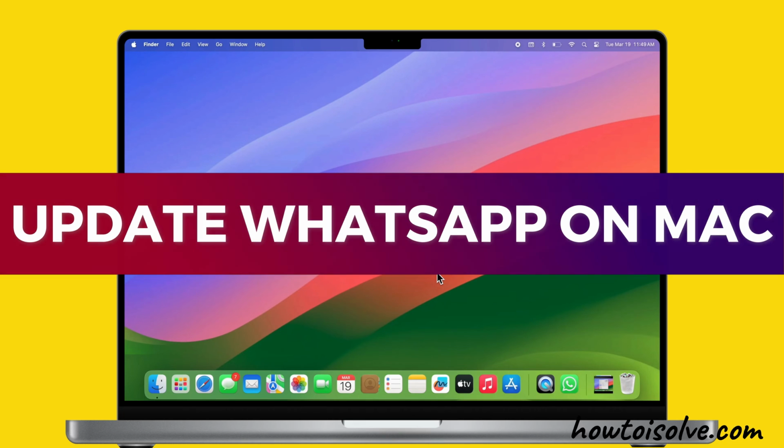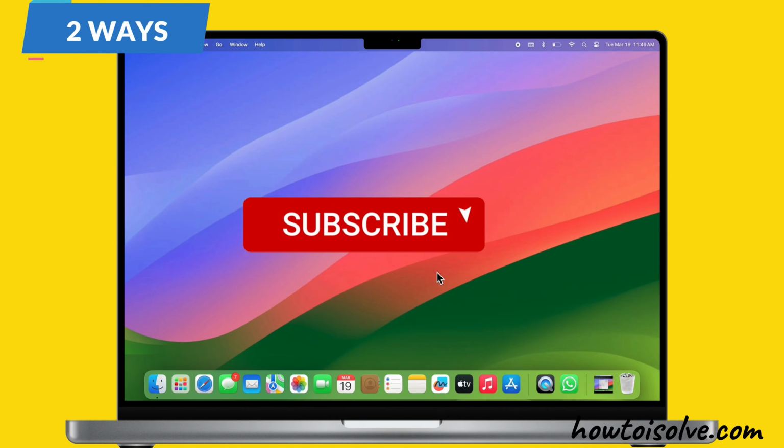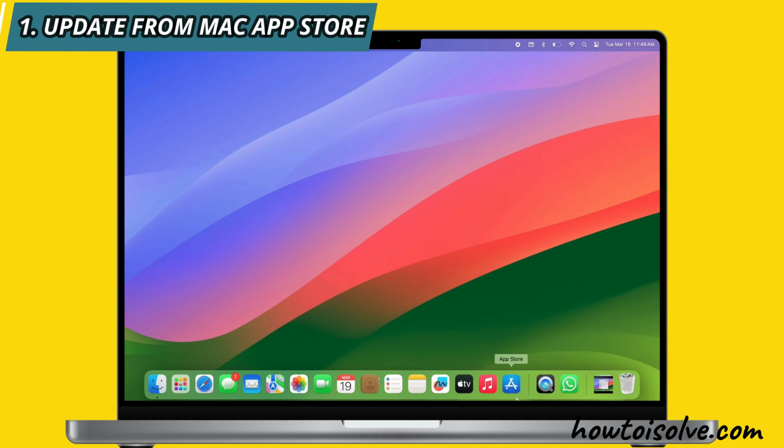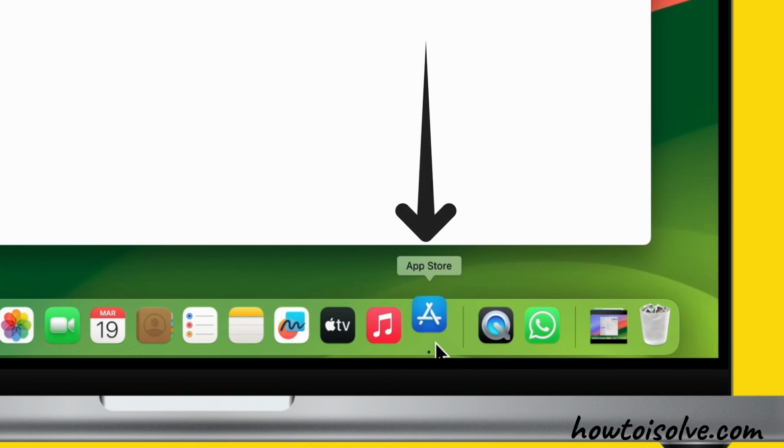Want to update WhatsApp on your Mac? In this video, I will show you 2 ways to do it. So, let's get started. If you have installed WhatsApp from the Mac App Store, click on the App Store icon